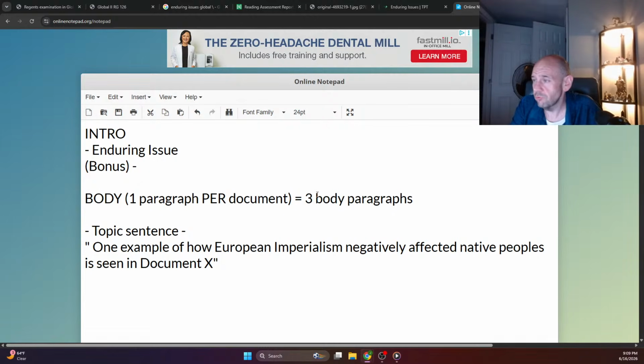The next sentence, right after that, would be something like, in document X, again, I'll use 1, whatever, 2, it doesn't matter. In document X, whatever number it is. And then this is the part where you